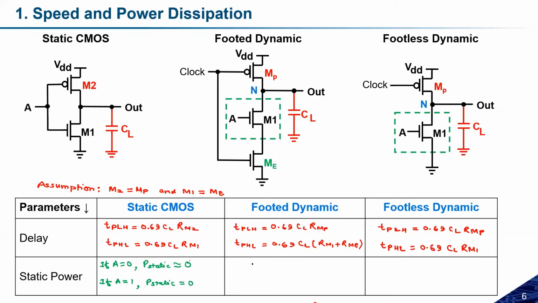In the second case, let us assume we can have 4 combinations. The first combination could be clock is equal to 0 and input is equal to 0, clock is equal to 0, input is equal to 1, 1, 0, and 1, 1. So we can have 4 combinations. In that case, let us consider the first case. So I am writing just PS for the P static.